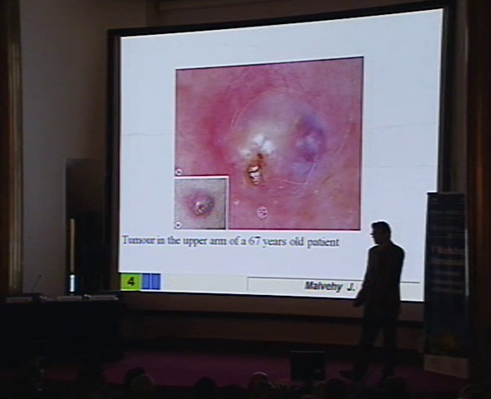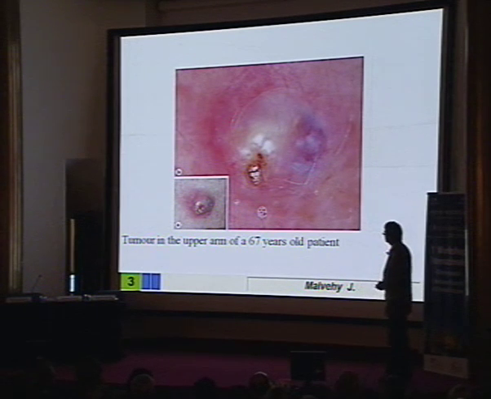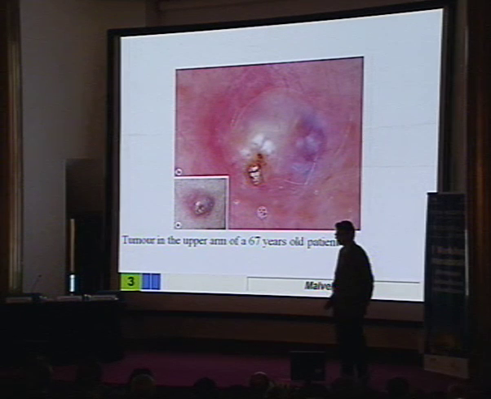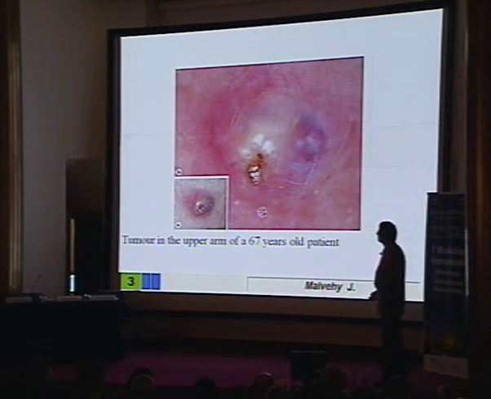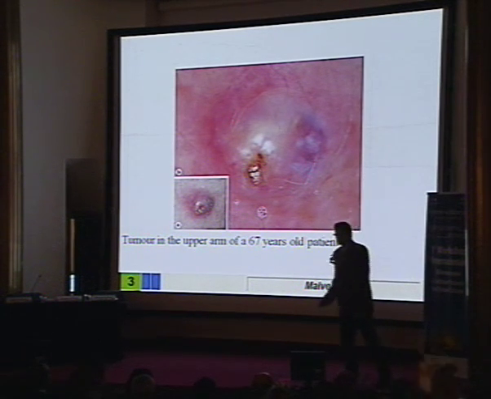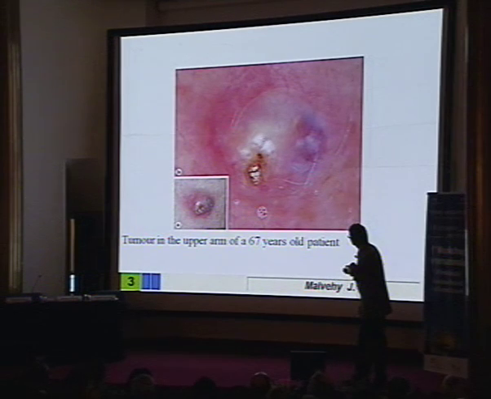Well, another nodular lesion. I'm speaking about difficult nodular lesions. Tumor in the upper arm of a 67-year-old patient with this image. What do you think? What can it be? Could be melanoma, okay. Oh, very good. You're very good clinicians. Well, here you have some key points for the diagnosis, here in the dermoscopy. What do you have in here? Well,